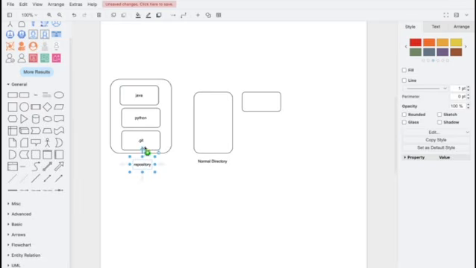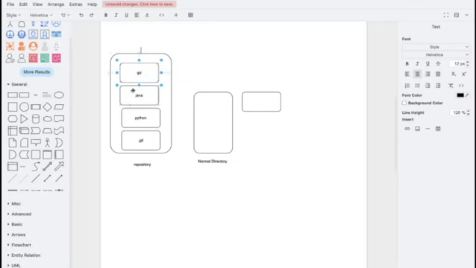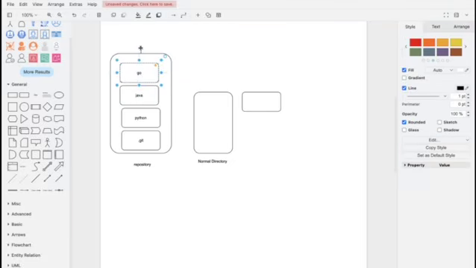Now this is a repository. Why is this a repository? Because we have the .git folder. We have created two more folders, Java and Python. Let's go a step beyond and have one more folder called Go. I'm just taking the example of programming languages. Now you have three folders: Go, Java, and Python.